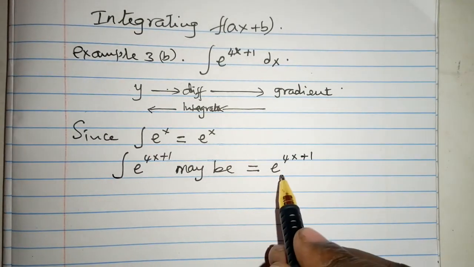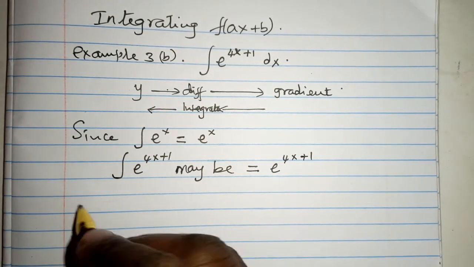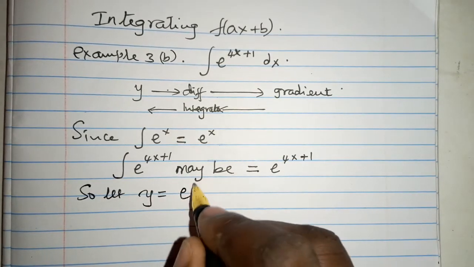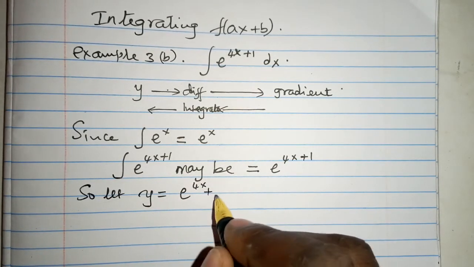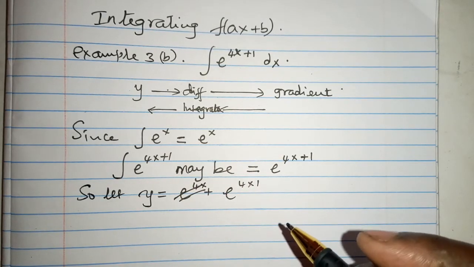So let y be e raised to power 4x plus 1, such that